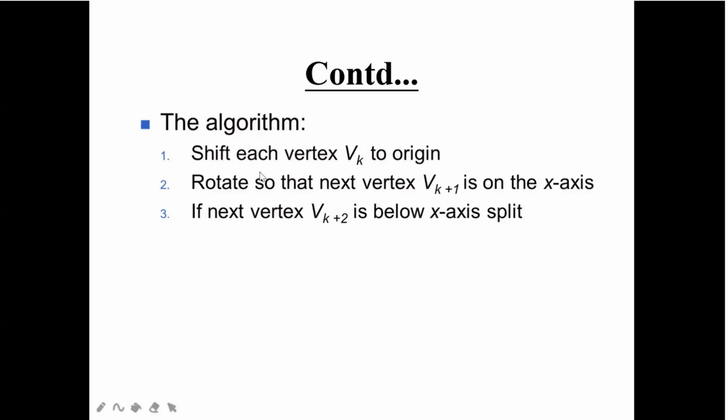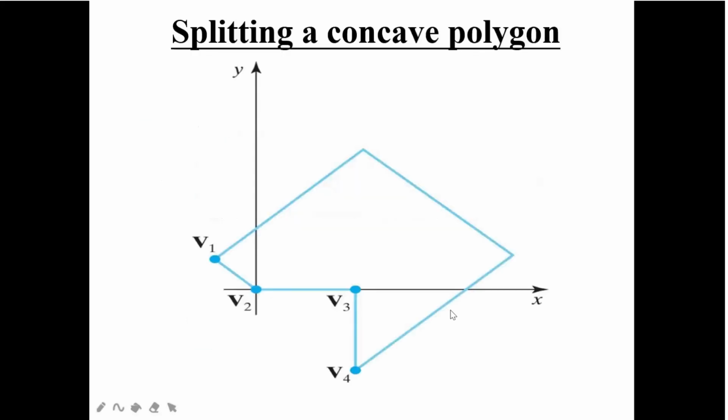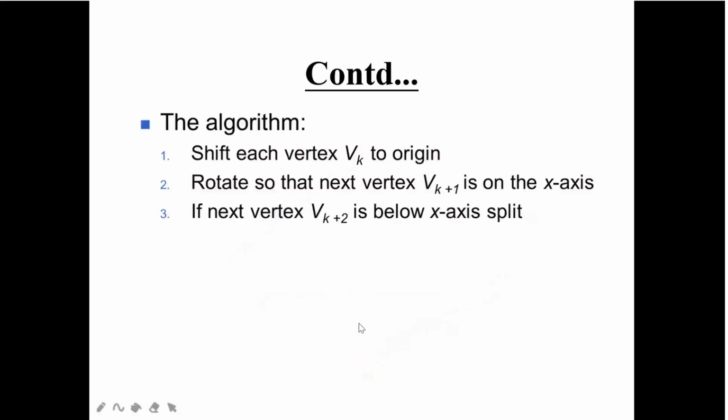First you have to shift each of the vertex points, that is vk, towards your origin. Okay, so what happened here? First you are going to shift all the vertices towards your origin. So here you can see, suppose my polygon is here from v1 to here. You are just going to shift this vertex point towards your origin, and if this is your vertex point, you are going to shift it towards your origin. Can you see here? Now if you connect, you can see this blue color line, and it will be like a concave polygon. Okay, so you are going to shift, that is your first step.